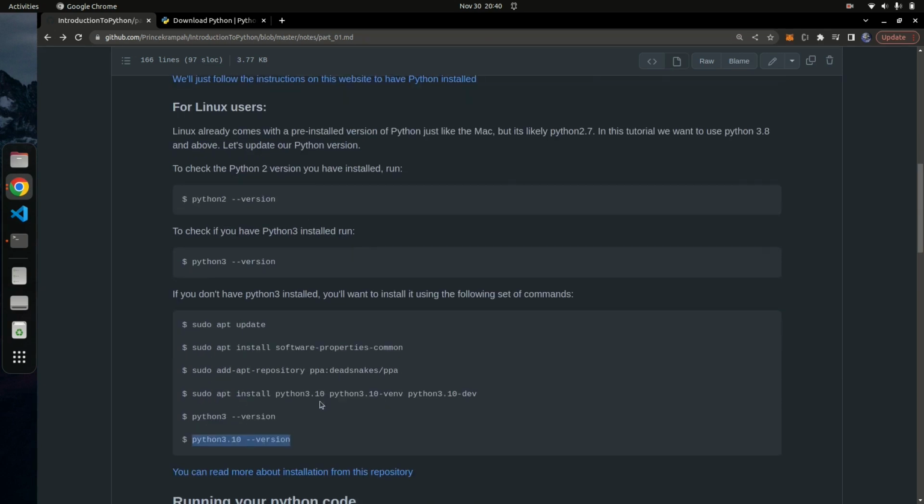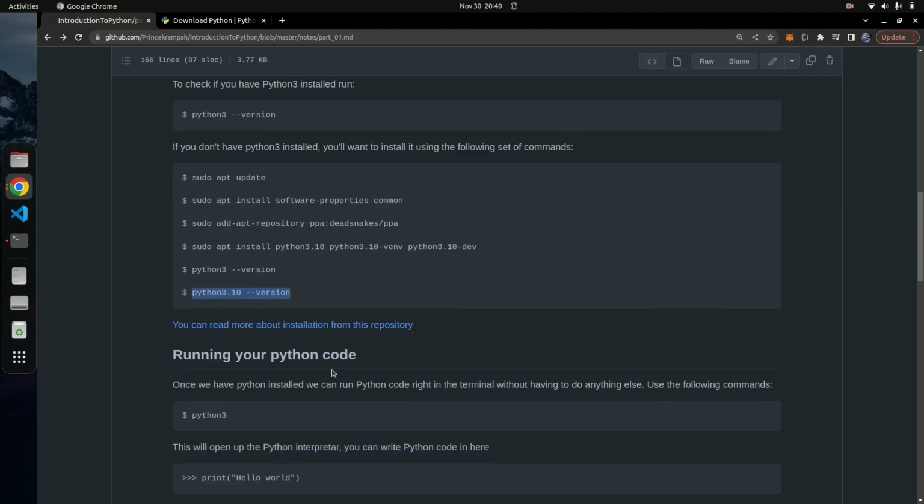I can just pause the video here. You can pause the video and type out these commands, or you can get the documentation and the document I'm going to share with you, and just copy paste these commands to make sure that you have Python installed. If you want to copy paste them, don't copy all of this at once. Just copy each command at a point.